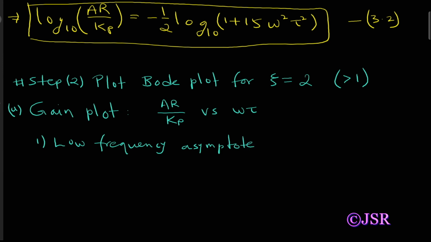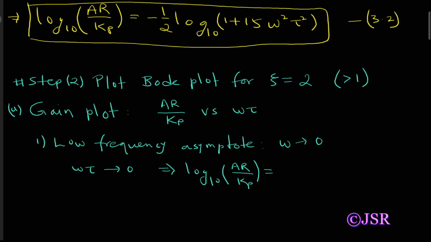To find out the low frequency asymptote, let's put omega tends to 0. So when omega tends to 0, it means omega tau tends to 0, and from equation number 3.2 we will have log 10 AR by Kp